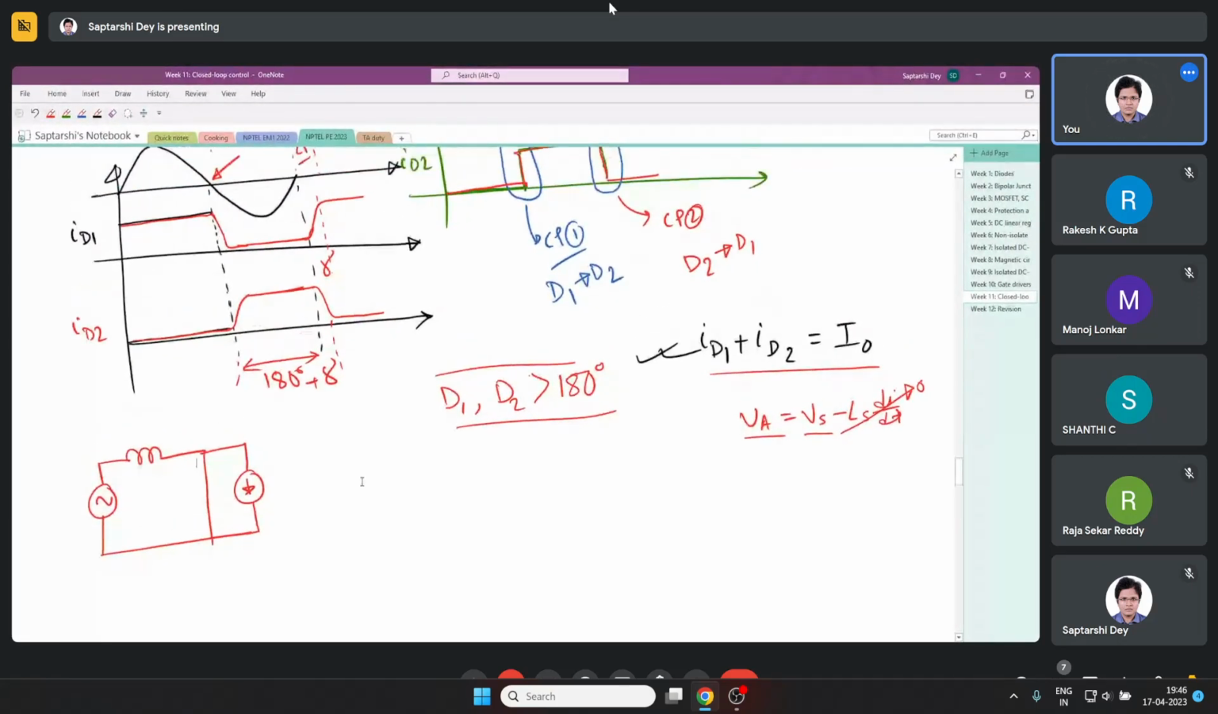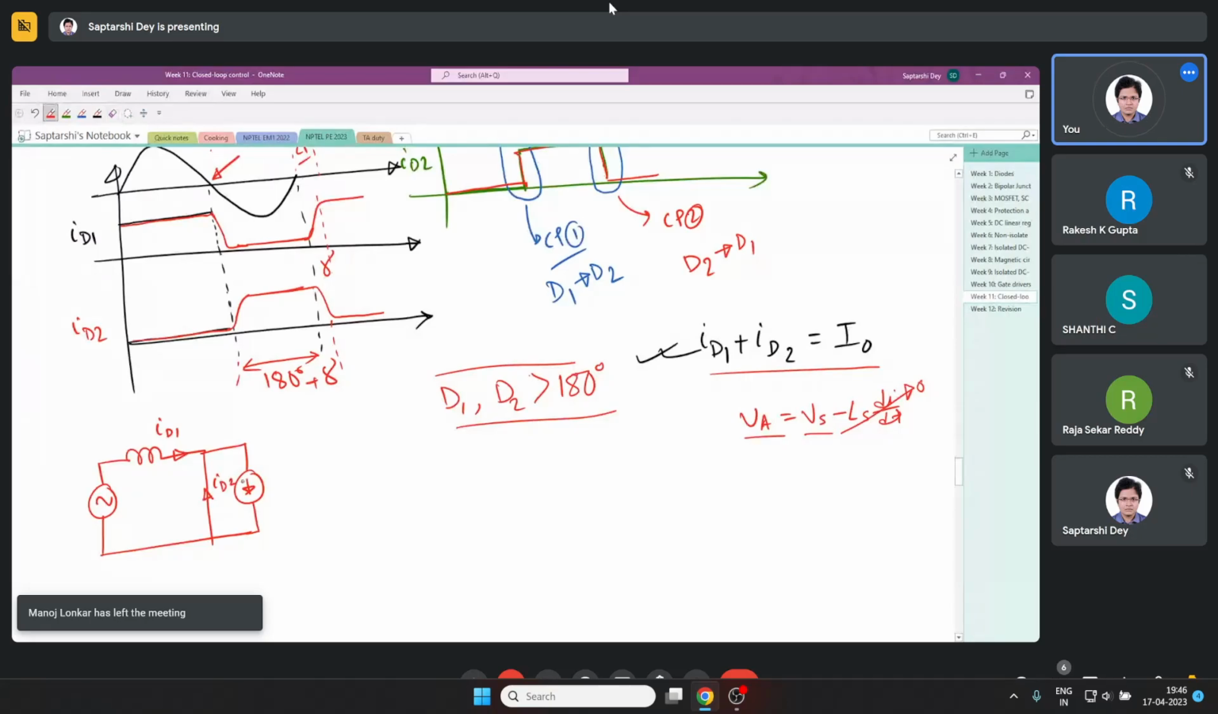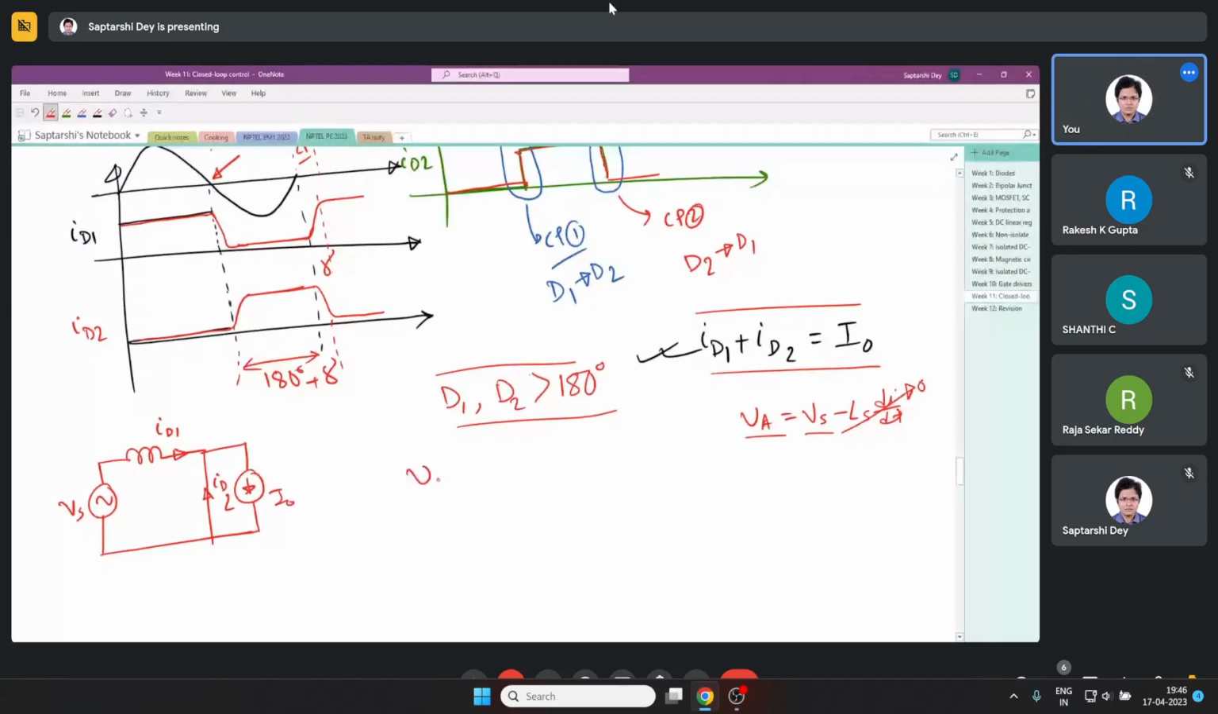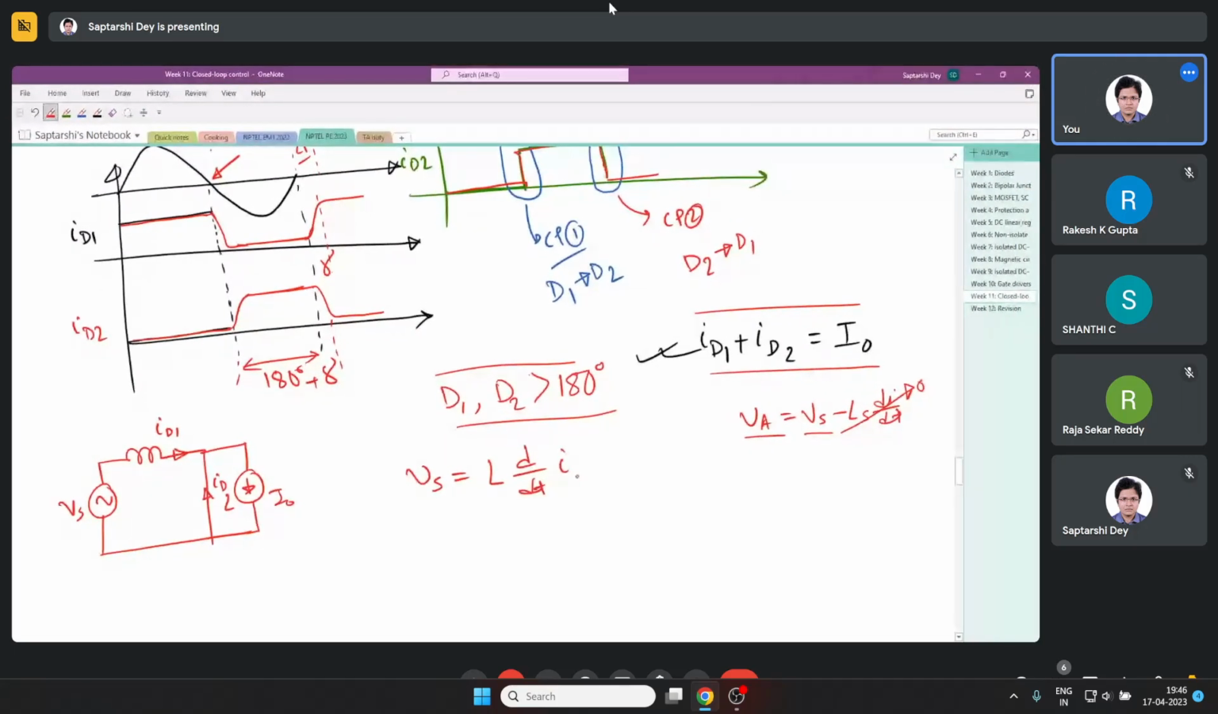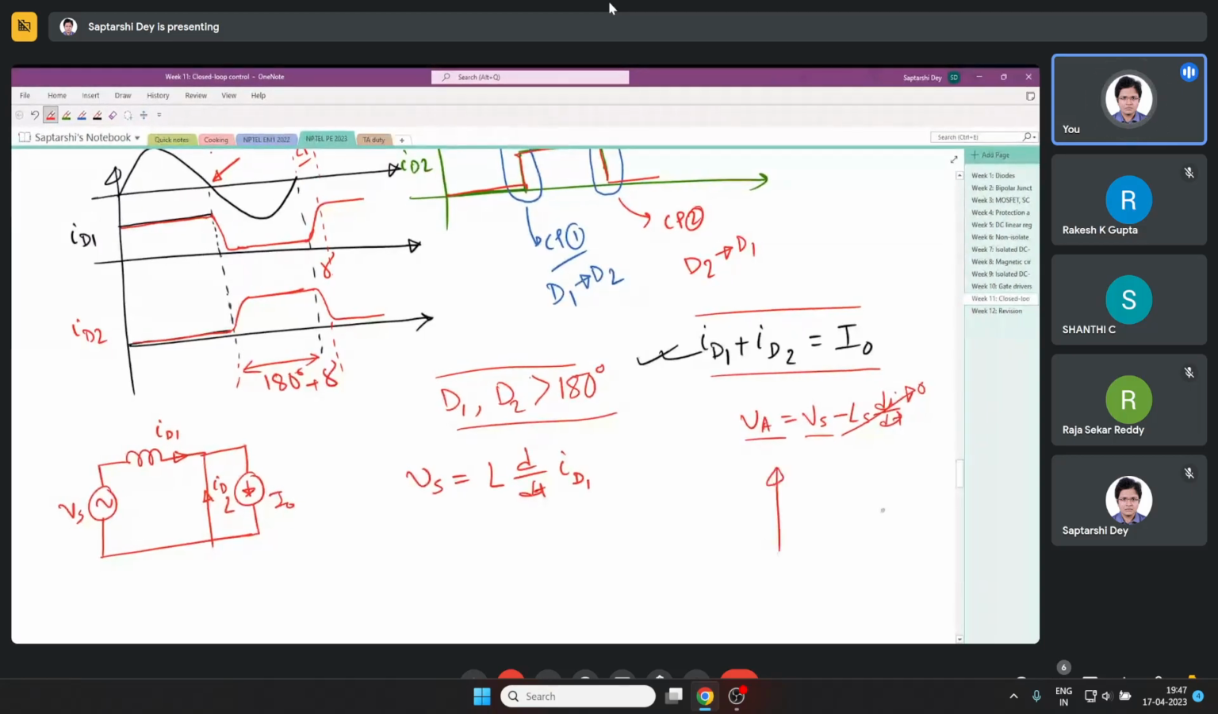Like this. So this current is ID1, this current is ID2, sorry, this is I naught. What we have is ID1 plus ID2 equals I naught, and this is Vs, and we can write Vs equals L d/dt of ID1. Now Vs, see I am doing it here, we are looking at the negative half